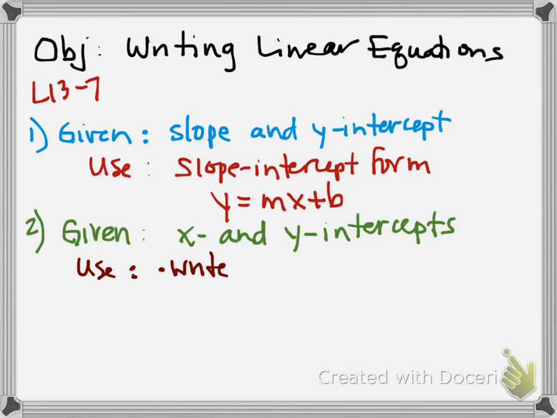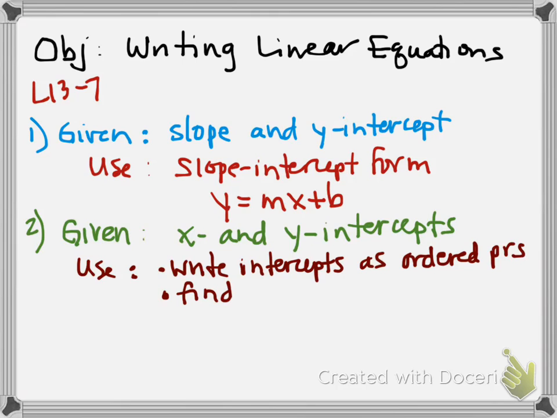Write intercepts as ordered pairs. Then we're going to find slope, and we'll use our slope equals y sub 2 minus y sub 1 over x sub 2 minus x sub 1. We're going to substitute,